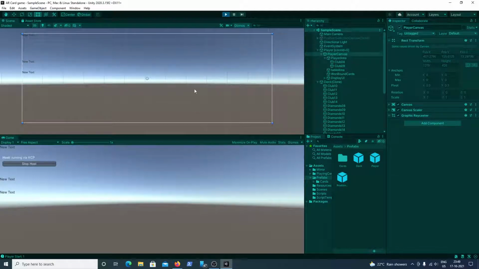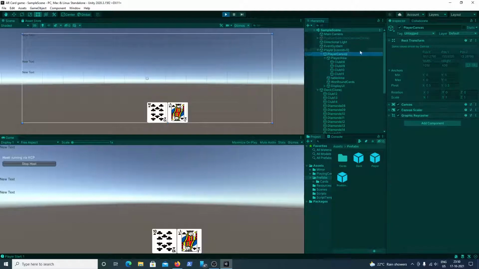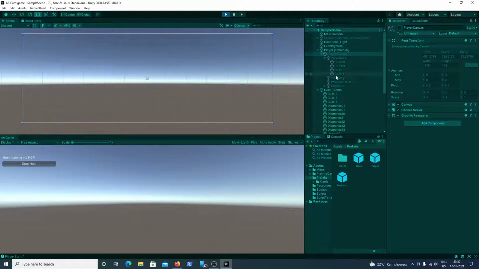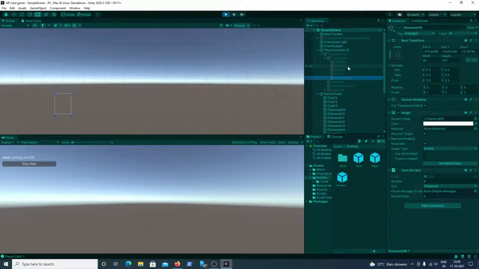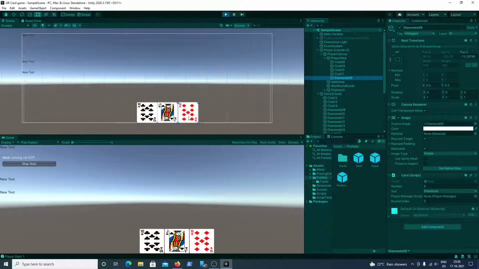See, it's not there. But now if you put any card here, they will be visible. Now even if you disable the player canvas and put a new card there, it will be visible. See, the 9 of diamonds.